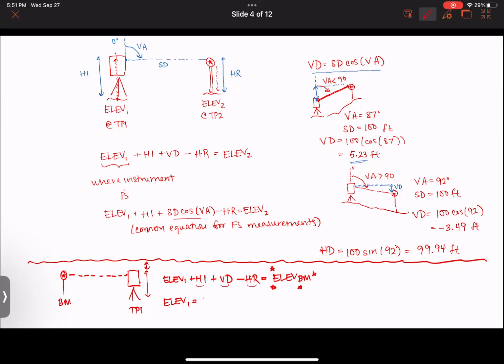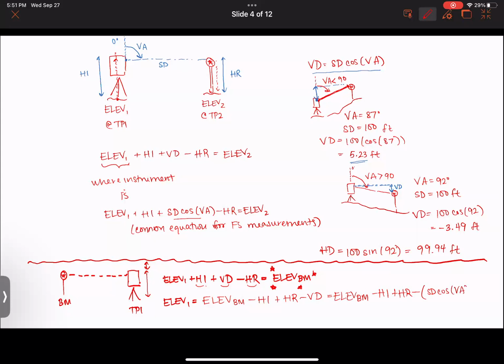So elevation at TP1 is going to be equal to elevation at the benchmark minus the height of the instrument plus the height of the rod and minus the vertical distance. Or if you want to write the whole thing out, elevation at the benchmark minus HI plus HR minus SD